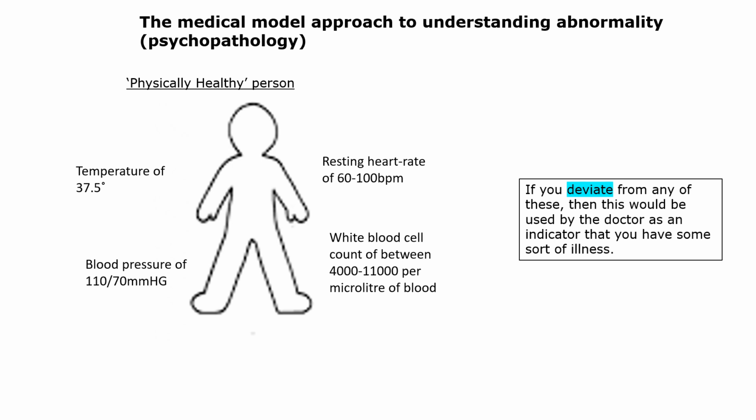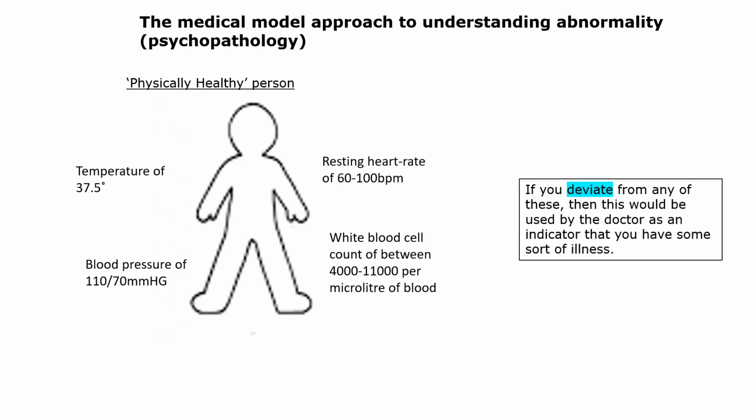So now let's dig a bit deeper and think what's causing the fever, what's causing the high temperature, and so on. So we start by identifying what healthy looks like, and then we say somebody who deviates from that is unhealthy, and let's try and find out what and why. Well, this final definition for psychopathology, for mental illness, tries to do exactly the same. But instead of thinking about our body temperature or our heart rate, it thinks about criteria or characteristics of what it means to be mentally healthy.